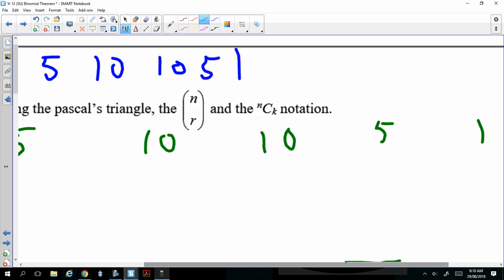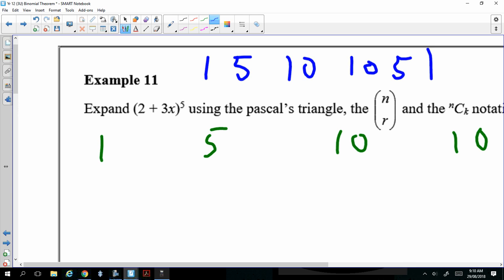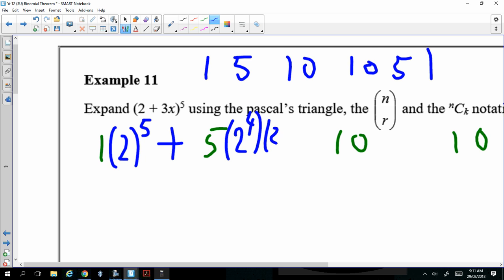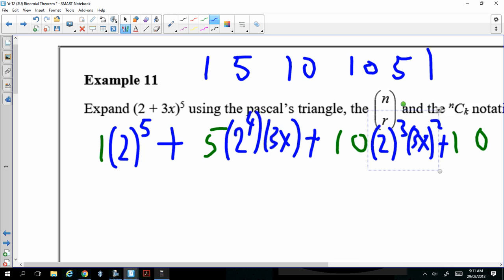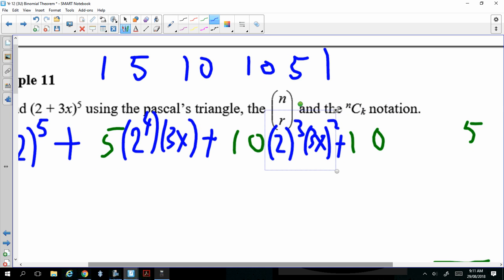So you start with 2 to the power of 5, plus 2 to the power of 4 times 3x, and then 2 to the power of 3 times 3x squared, and then keep going, and then you get 2 squared times 3x cubed,